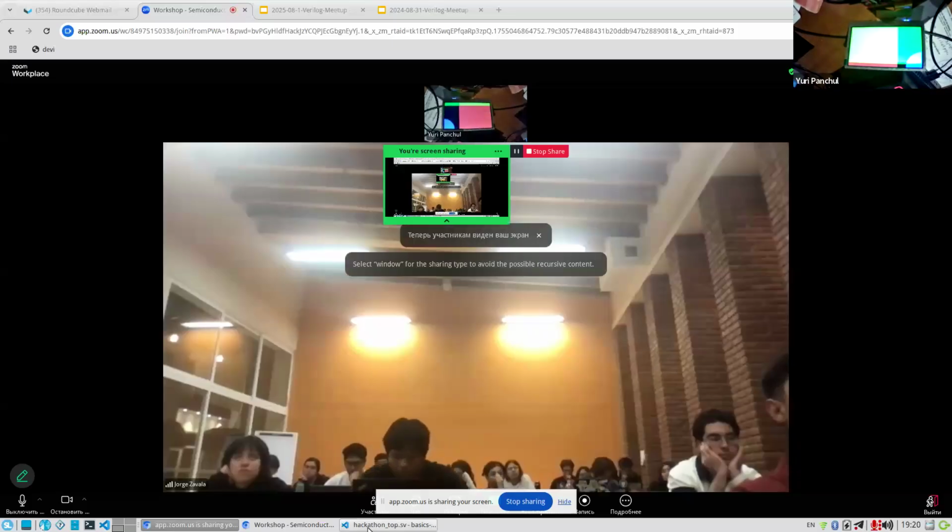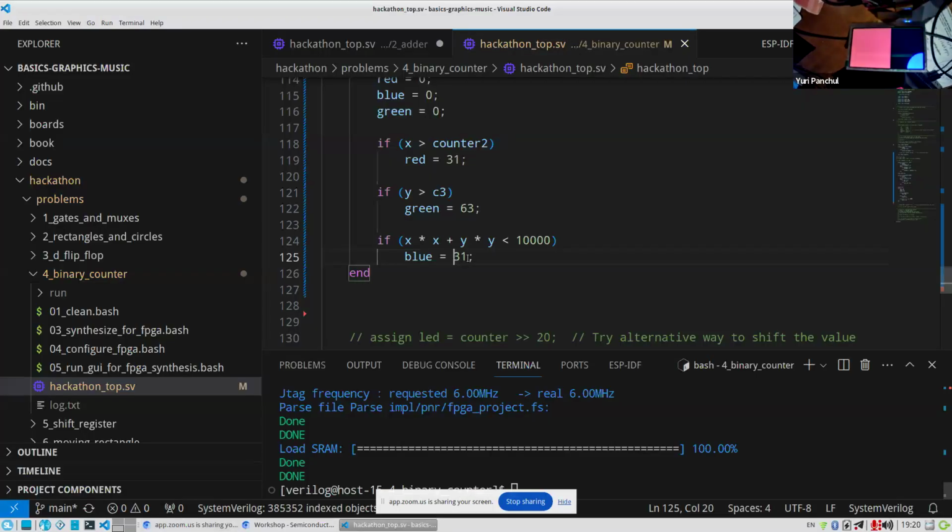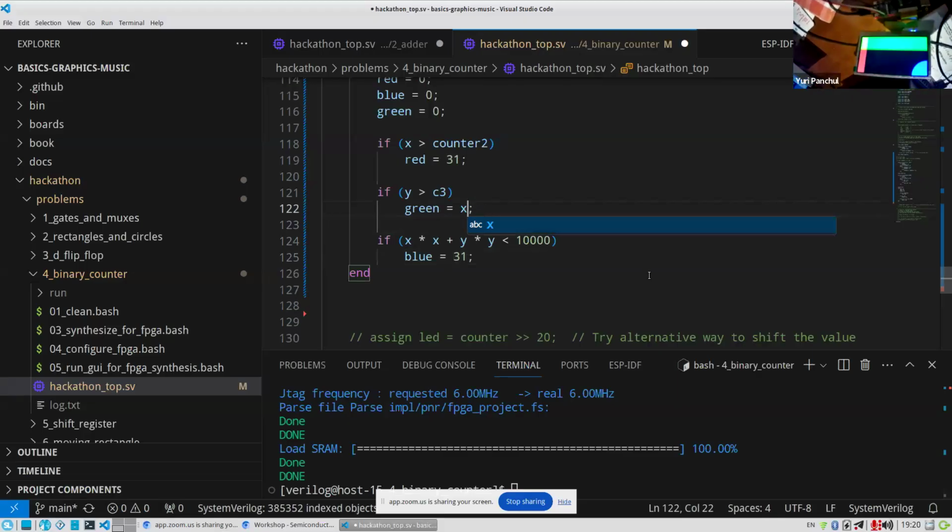So okay, now let's try something. Let's try something like other things. Let me share the screen. So now, what happens if we assign to green our coordinate x? So let's assign coordinate x.